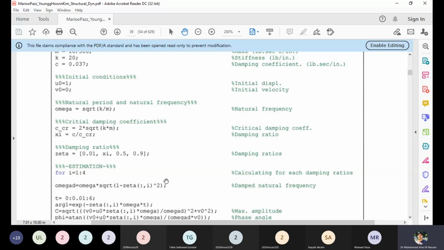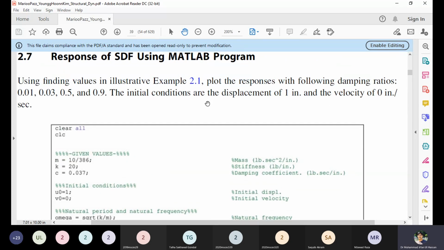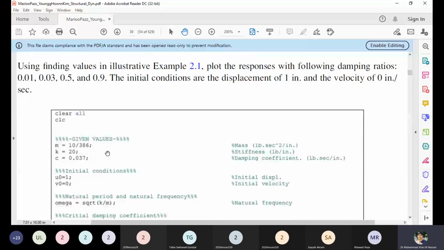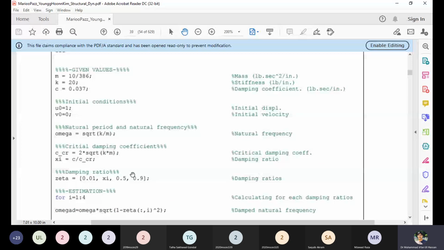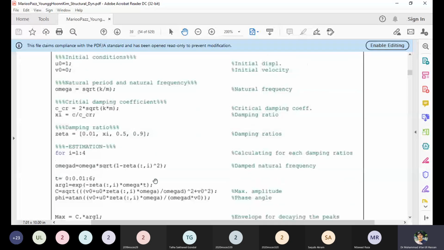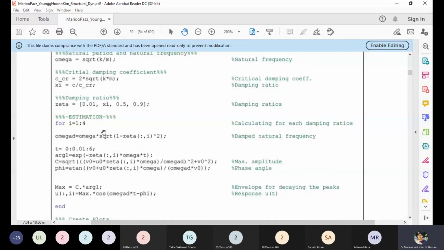Now the problem is that you have to plot the function for different zeta. Four zeta values: 0.01, 0.03, 0.5 and 0.9. So for 1 zeta it is 0.01, 0.5, 0.9, and the xi value that came here is also included. So you have to run a loop for 4 zeta values, for I equal to 1 to 4, and we get the omega d. Omega d will change when the zeta changes, and